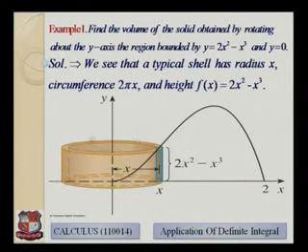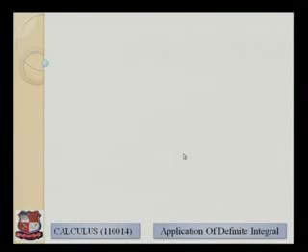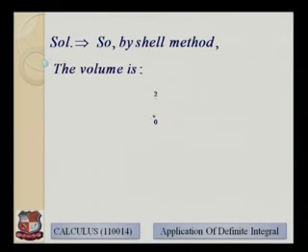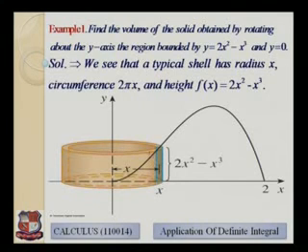This is the cylindrical cell whose radius is x, and height will be 2x square minus x cube. So according to the formula of the cell method, the volume is integration 0 to 2. Here the interval of integration will be 0 to 2,